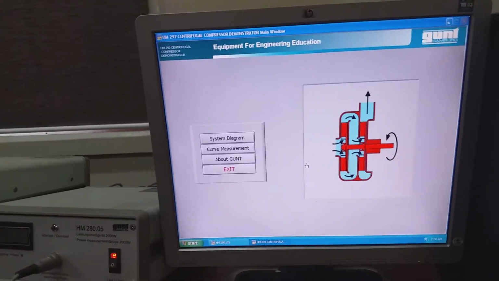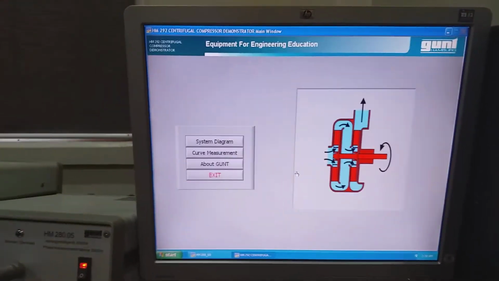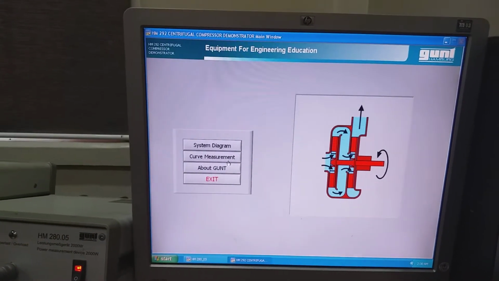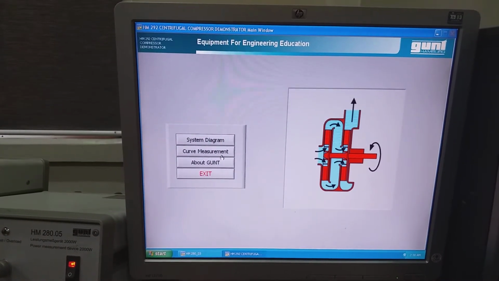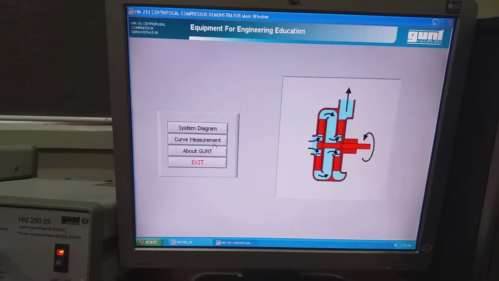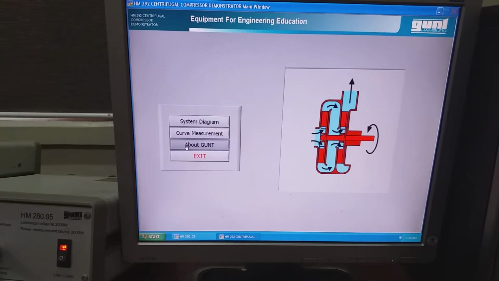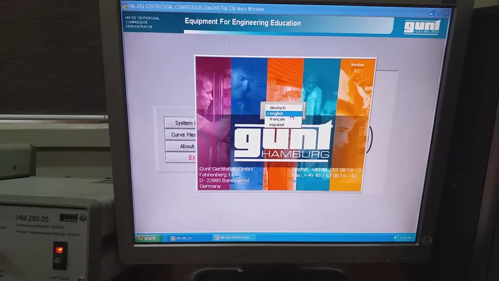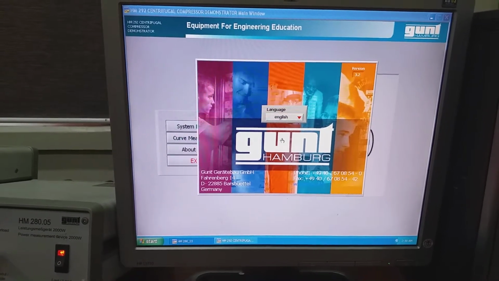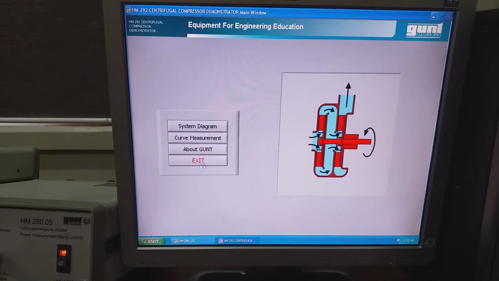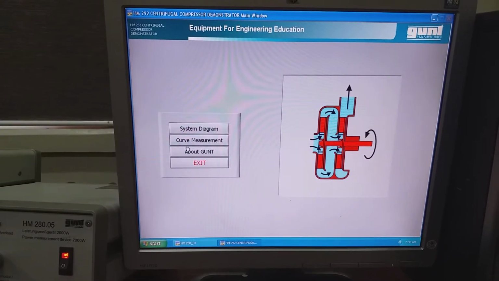The second sub program is the curve measurement, in which you will record all the measured values and plot these measured values in a graph and then store it. In the third option, about GUNT, you may change the language of the software. And the fourth option is to exit or close the program.